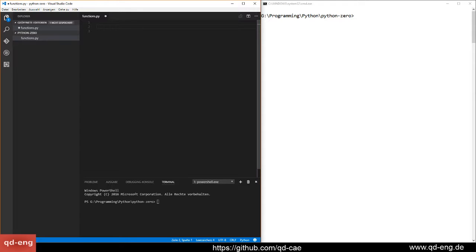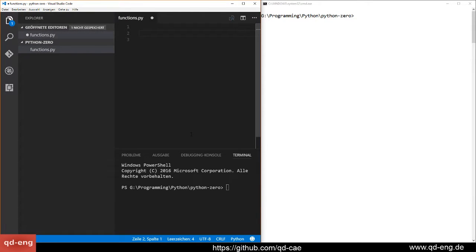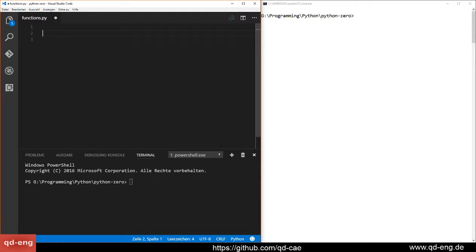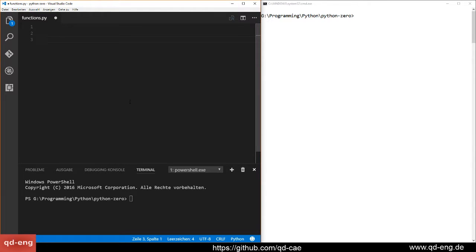I will show you some basics of the basics about functions today. So we will see how to write meaningful functions. I already created a file here in my Visual Studio Code, which I personally prefer. So here we go. I want to show you how to handle files and functions properly, and I will show you the major tricks which you need to know so you can write